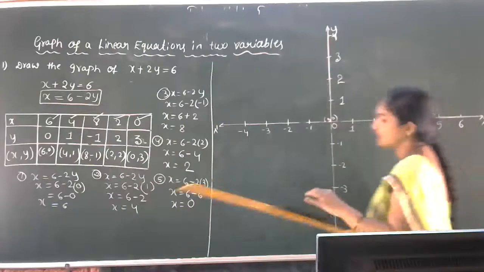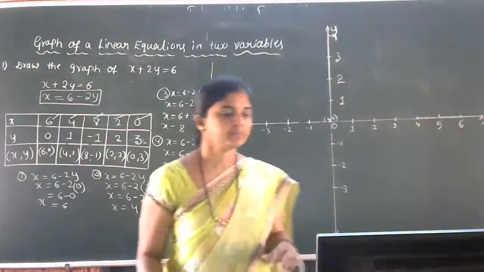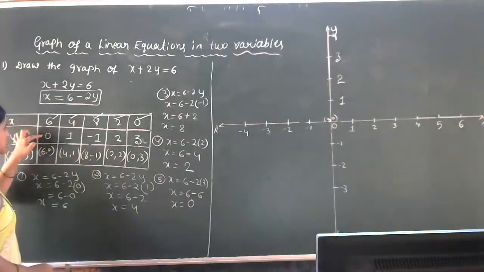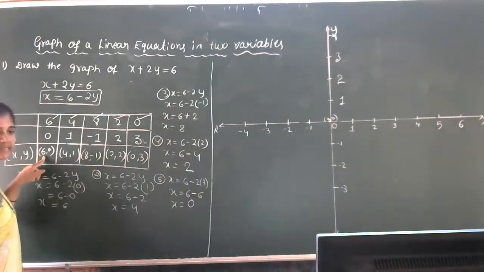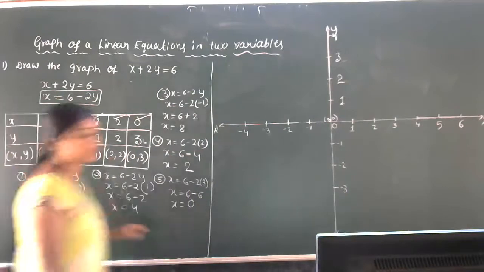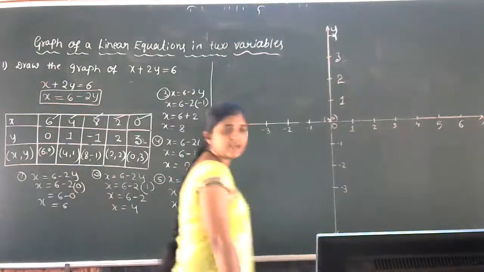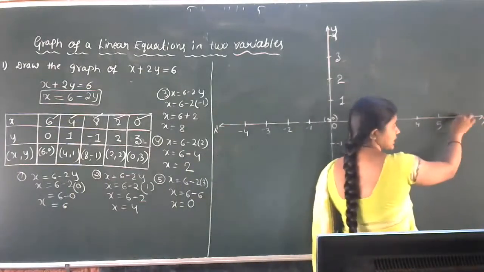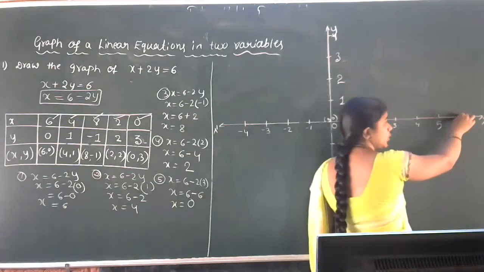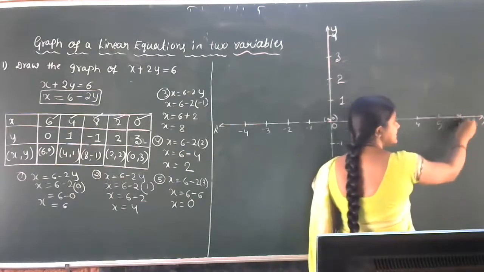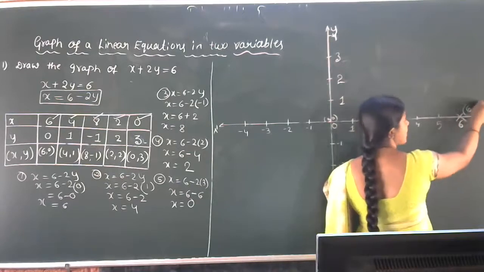This is x 5, 6. So we'll mark this one up to 6. Now let us observe. First solution is 6, 0. x, y is 6, 0. So x value is 6, y value is 0. On the x-axis, search 6. Where is 6 actually? Here. This is the location of 6. Y-axis 0: 0 distance means we cannot move upwards or downwards. This is the exact location of 6, 0.